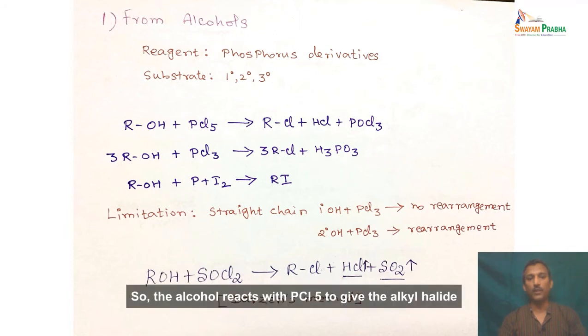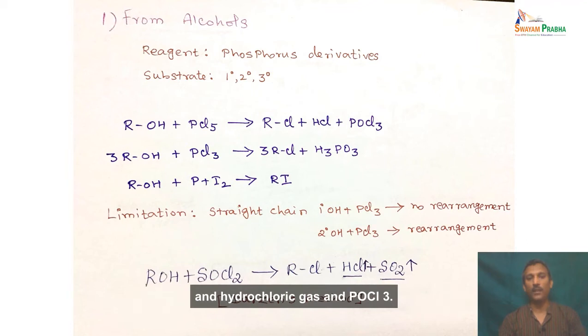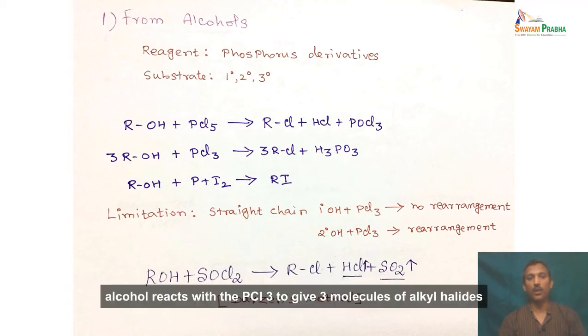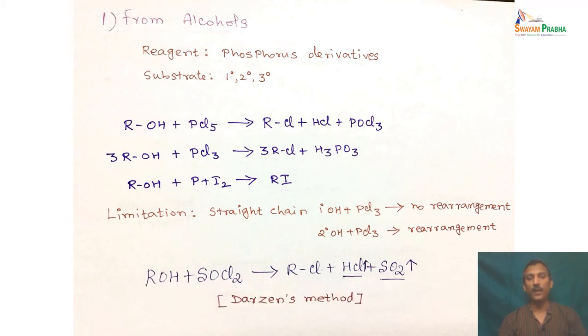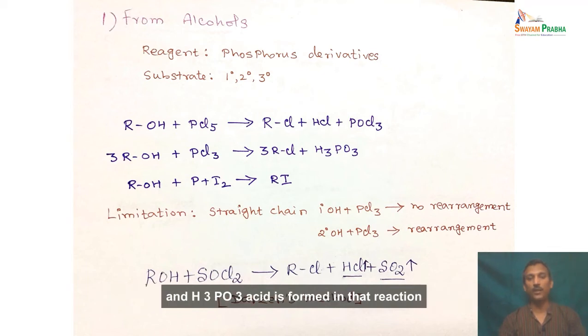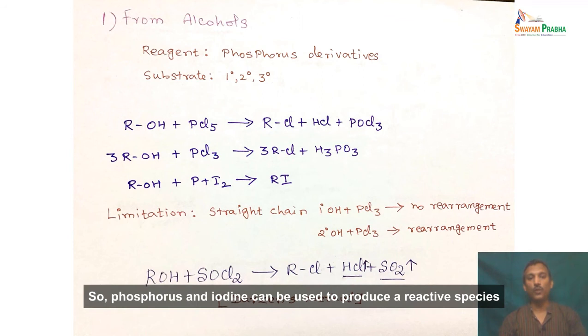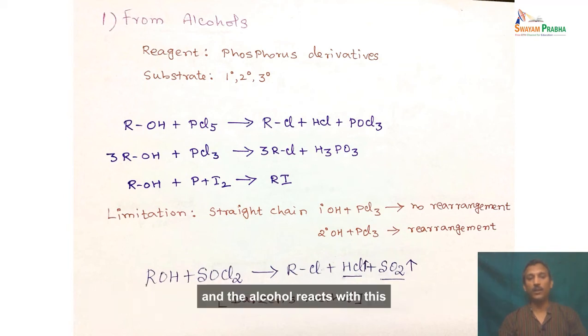So the alcohol reacts with the PCl5 to give the alkyl halide, hydrochloric gas and POCl3. So 3 molecules of alcohol react with the PCl3 to give 3 molecules of alkyl halides, and H3PO3 acid is formed in that reaction. And in the case of iodine, we don't have to use PI5 or PI3 because they are highly reactive substances. So phosphorus and iodine can be used to produce the reactive species, and the alcohol reacts with this combination to